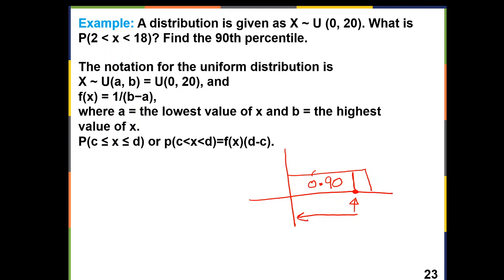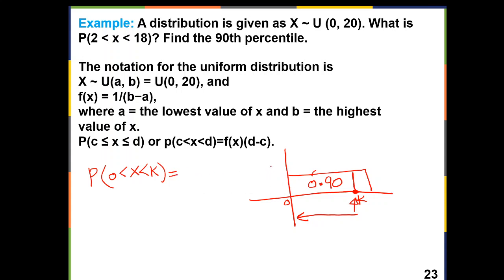90% of the area is to the left of that number. What is that number? Well, let's call it K. So this is 0 right here, and that's K. So we are finding the probability of x being between 0 and K. The probability that x is greater than 0 and less than K is going to equal, well, what